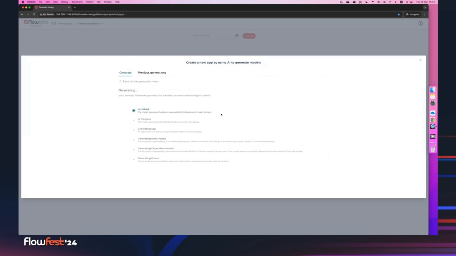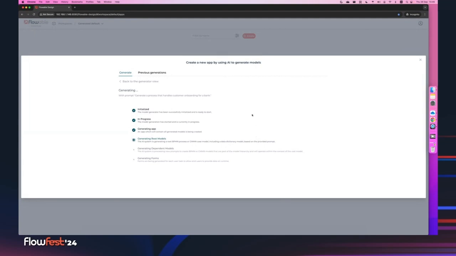So what's happening now, there's a few things going on. We fire off a prompt to the AI service. The AI service is going to give us back a response, but that generally is not really, really good. We can't immediately use it. What we then do is we kind of inspect the result and go one by one, all the different steps in the process or case, and we kind of enhance them by firing off more prompts. And we're building up always more and more context and kind of refining it on the fly. And that's why, as you can see here, at this point, we've generated the app, we're generating the root models,